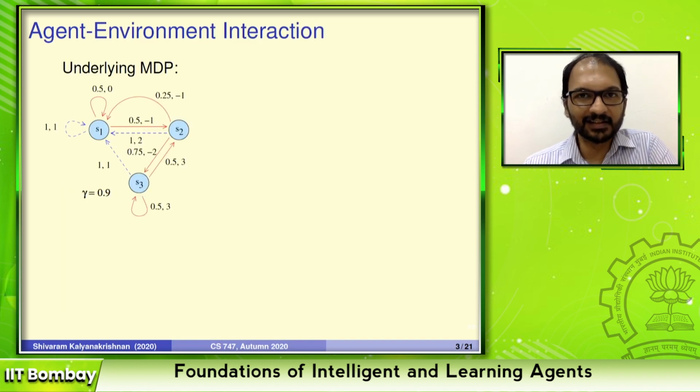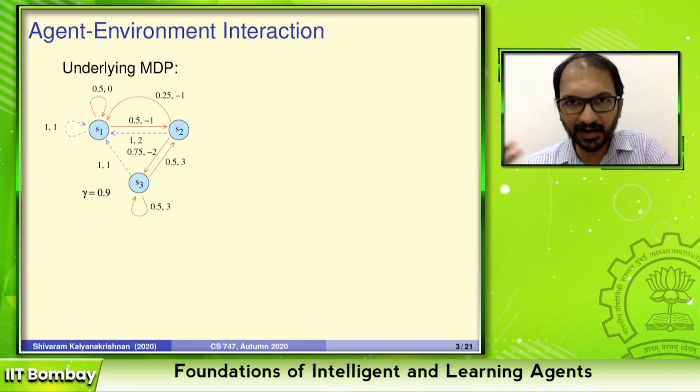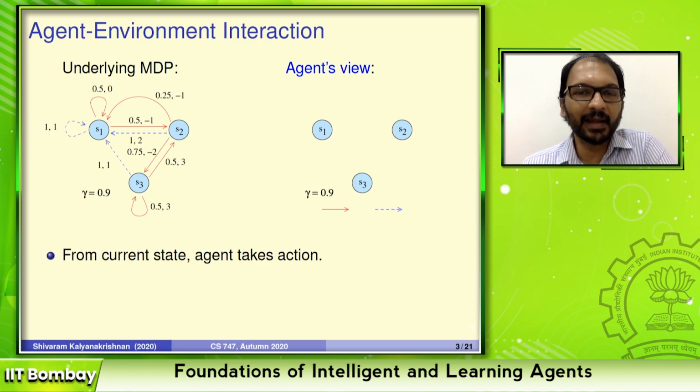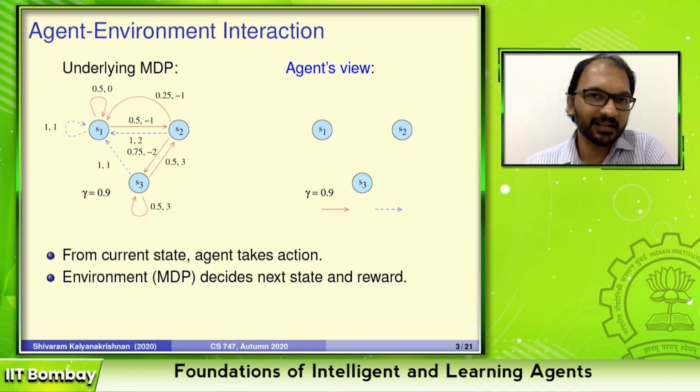So let's just quickly review what we said last time about reinforcement learning. There's an agent and an environment, right? And the environment is being modeled by an MDP. The only thing is the agent does not know what that MDP is. It probably knows the states, the actions, the discount factor, maybe sometimes the rewards, but crucially, it does not know what happens when you take an action. So the way the agent learns about the world is by actually taking actions from states and seeing what happens. So the agent takes an action, the environment comes back with a next state and a reward.